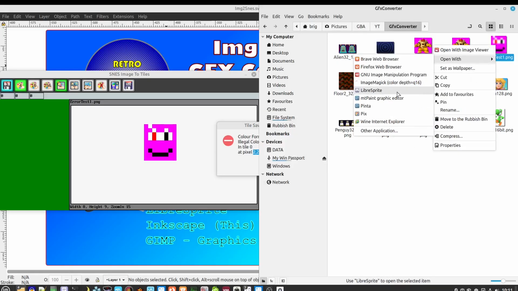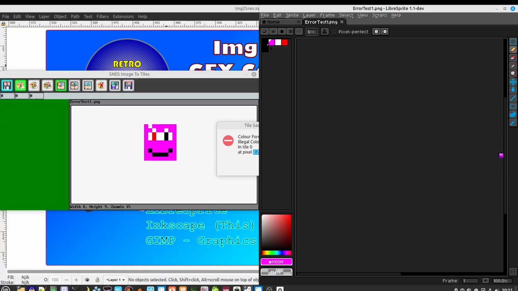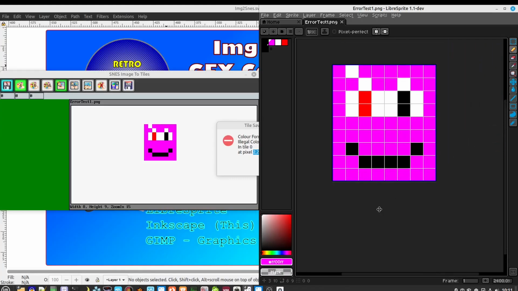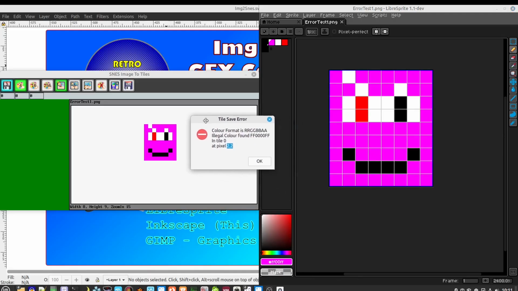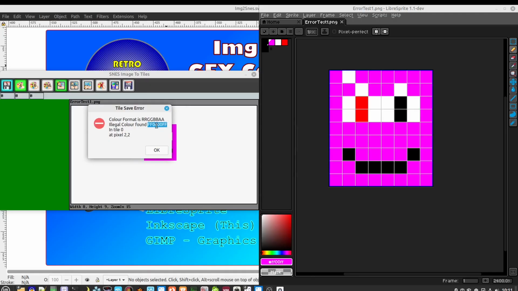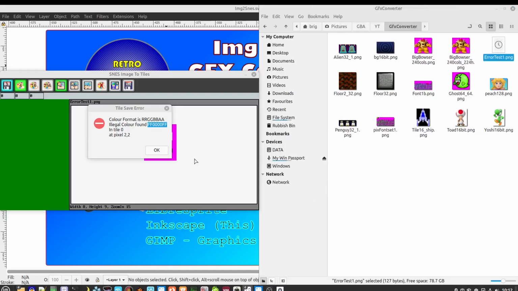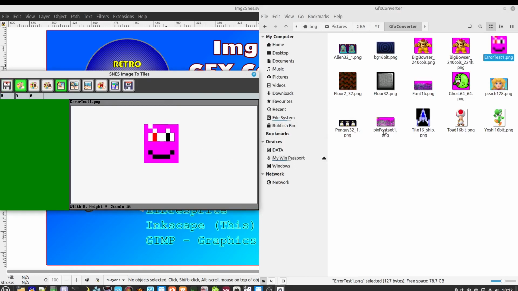So if we open this up in LibreSprite now, we can see, oh okay, so the color it's found is that one there. If we go in the colors here, we'll see that that color is red, and we've not put it in, so let's put that one in and then save that. Okay, so that's not saved, so we've updated it now. So it's found 3 colors now. If you left click, it zooms in. Now if we save that one again,